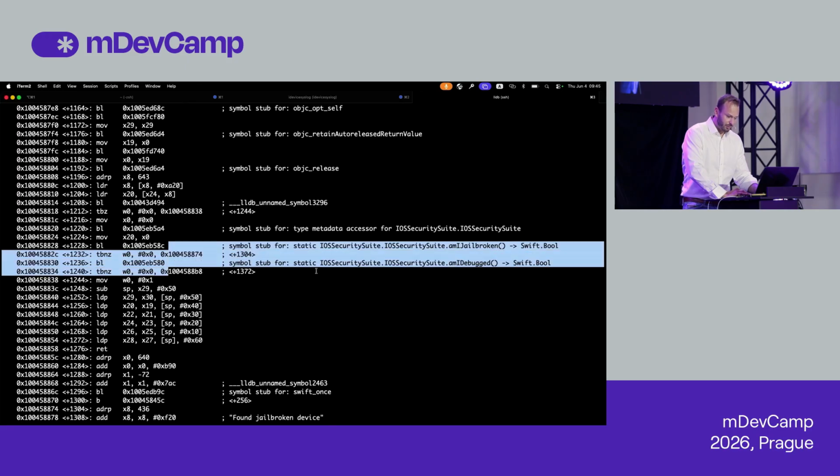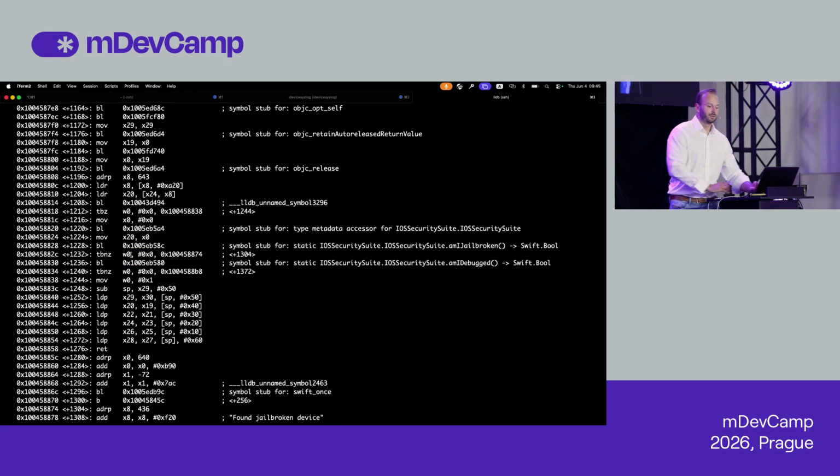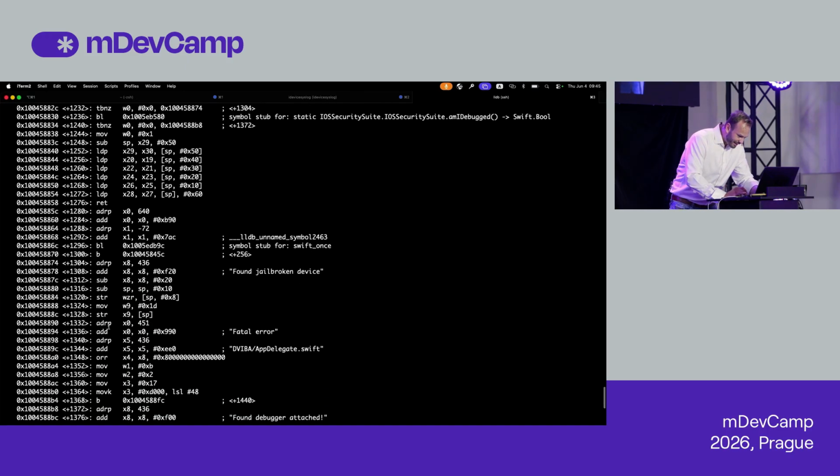And you can see those two checks. So there is iOS security suite, am I jailbroken? So that's the first check. You can see TBNZ, so that's test bit branch if non-zero. And you can see here W0, that's in 64-bit architecture X0 register, and it compares to #0, which is 0. And if this doesn't match, then it hops onto the 8874 address. So now bear with me,